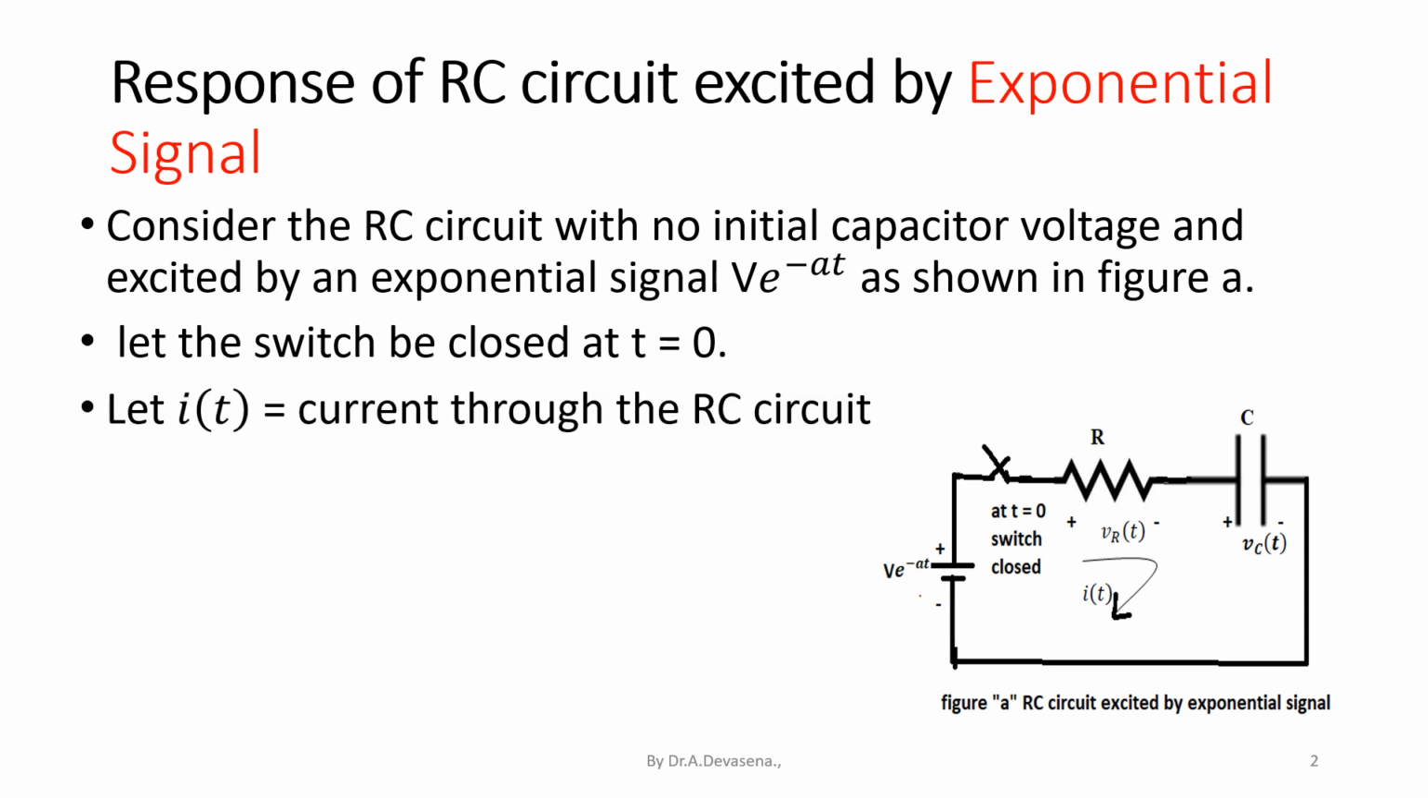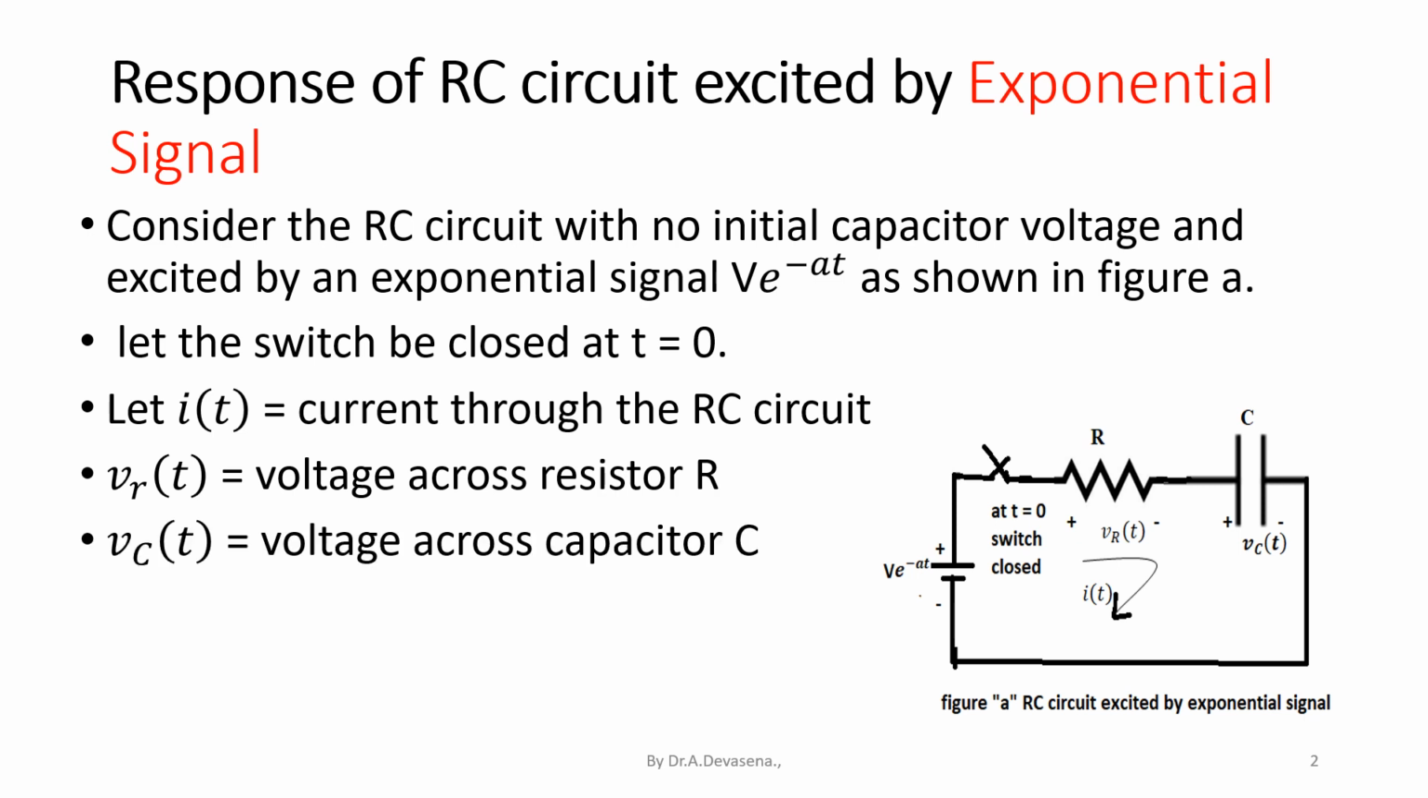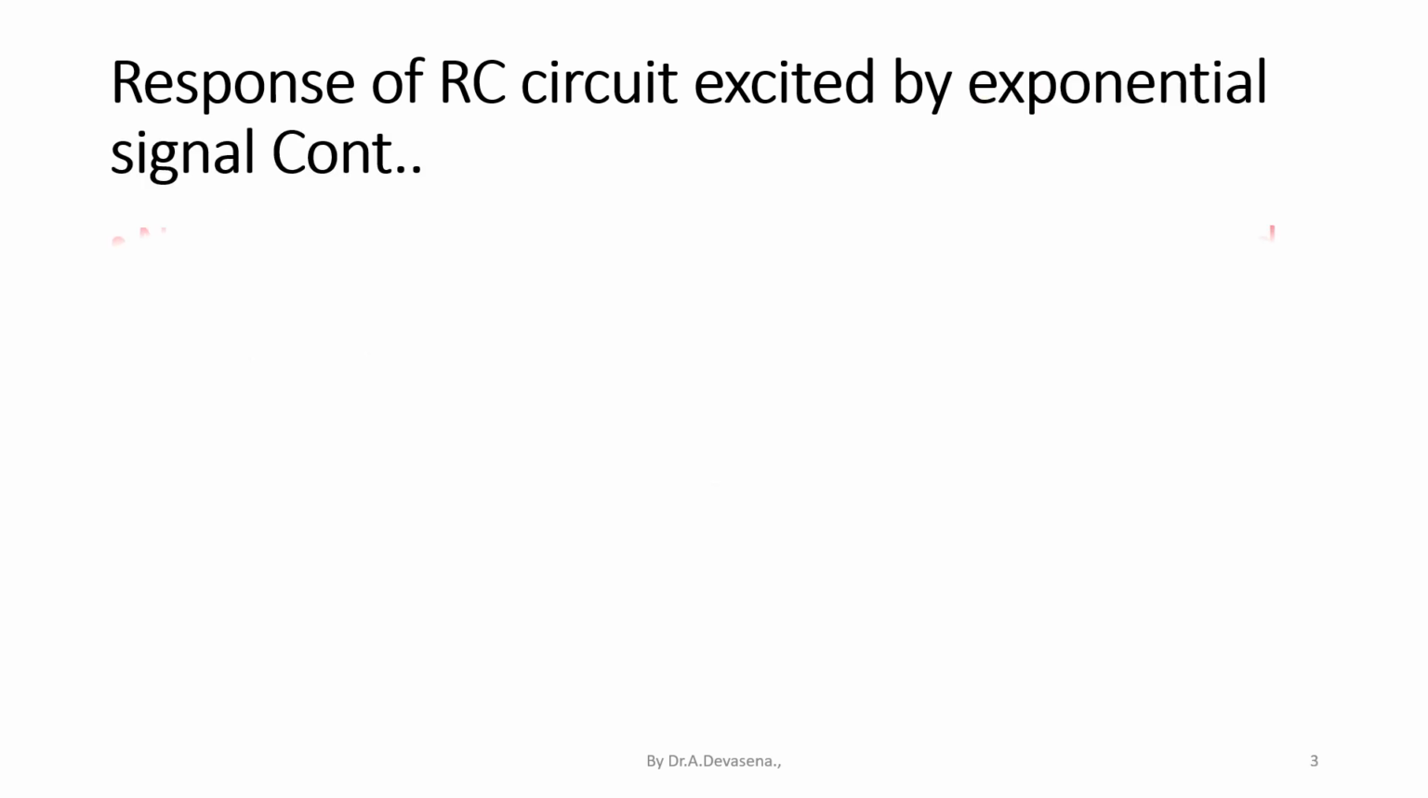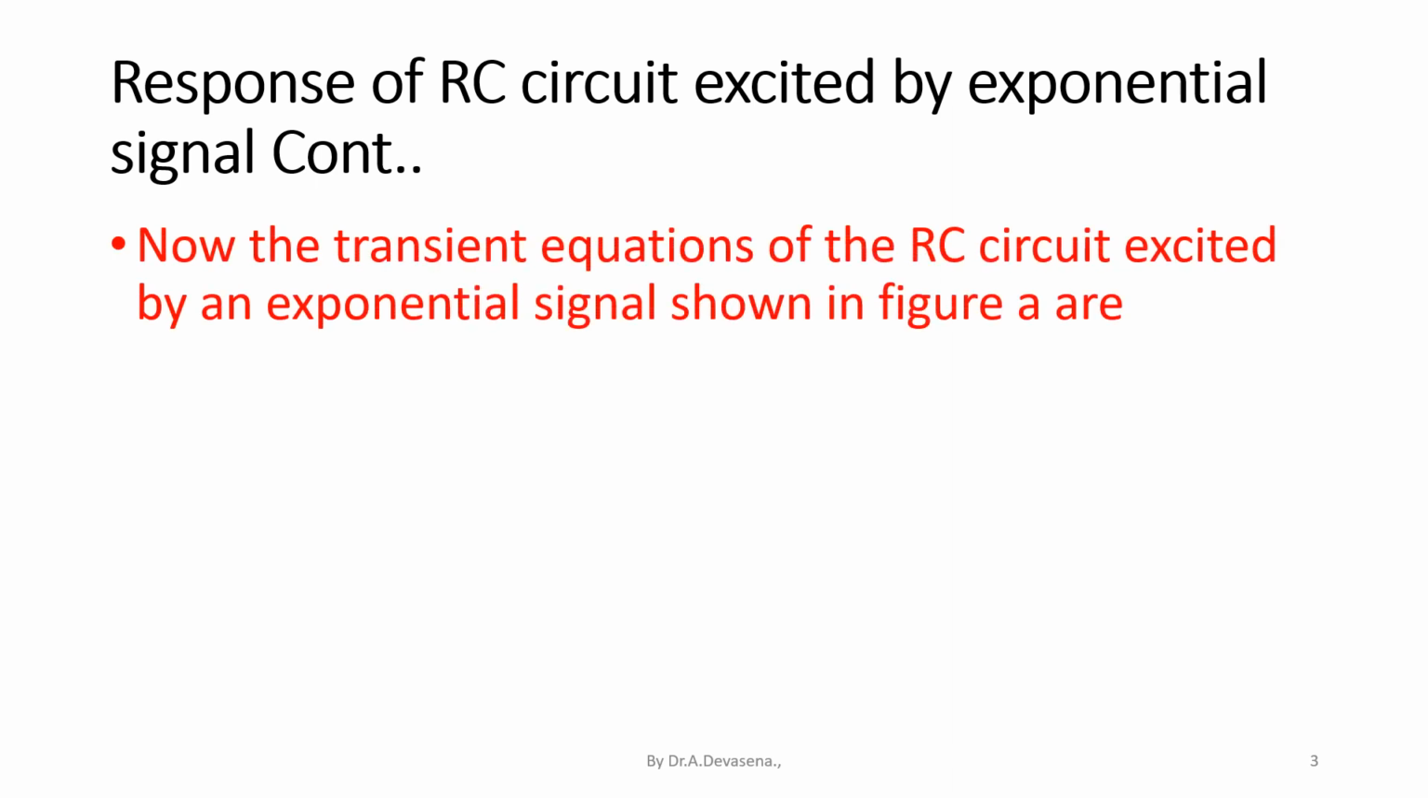Let i(t) be the current flowing through the RC circuit. V_R(t) is the voltage drop across the resistor R. V_C(t) is the voltage drop across the capacitor C. Now, the transient equations of the RC circuit excited by an exponential signal shown in figure A are